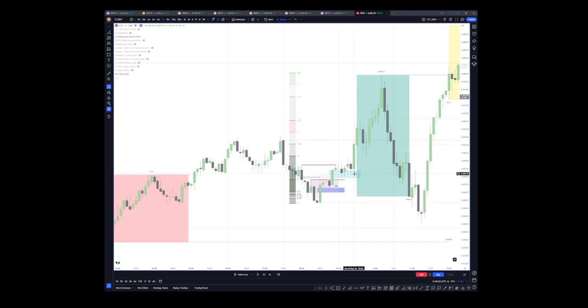But you'll have to set it up before the market opens. That's the only problem with this. So if you had actually taken this trade before the market opens, looking at the structure and saying, okay, I got my market structure shift here. I have my opposite fair value gaps. I can see that this is a breaker. And we can see that